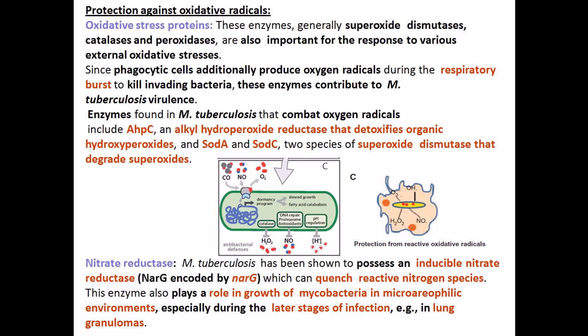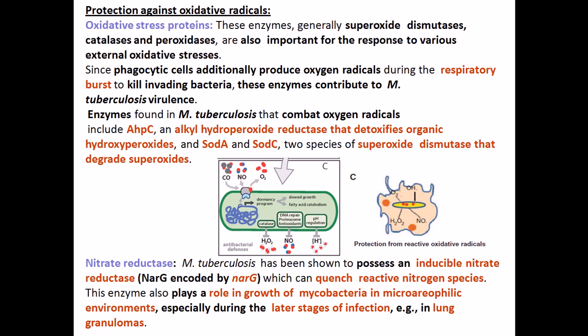Now since phagocytic cells additionally produce oxygen radicals during the respiratory burst to kill the invading bacteria, it eventually supplies those enzymes to Mycobacterium tuberculosis as elaborated virulence factors, because it generally produces them to protect, and that's why they are supplying it. The enzymes found in Mycobacterium tuberculosis that combat oxygen radicals include AhpC, alkyl hydroperoxidase peroxide reductase,